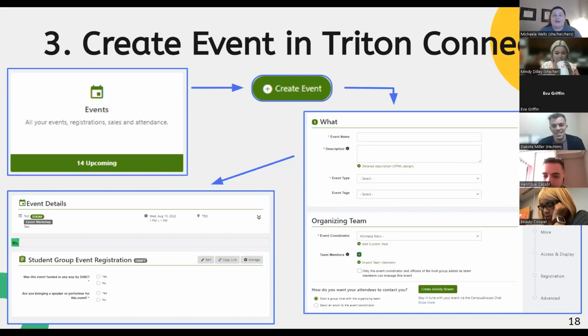All right, and then your event coordinator. So you'll see, kind of to go off Avery's question, when you click this drop down, it's just going to show you people that are officers in your organization. So say maybe you have a secretary in your organization, and they're going to be the person responsible for creating events in Triton Connect, but maybe the president of the organization is the person in charge of the event, and they're the person that needs to be asked the questions. Your secretary can go in and click in this drop down